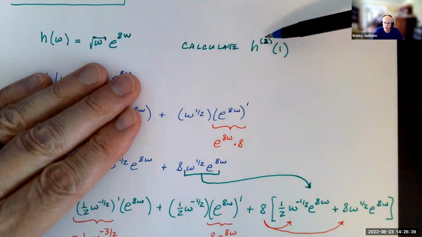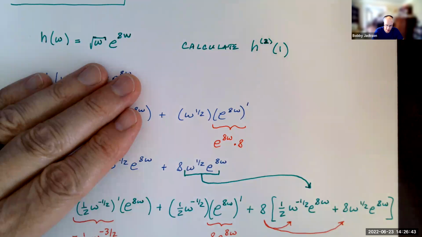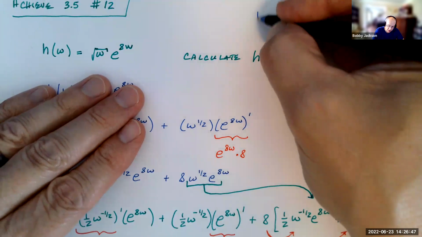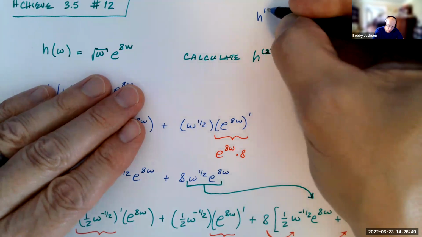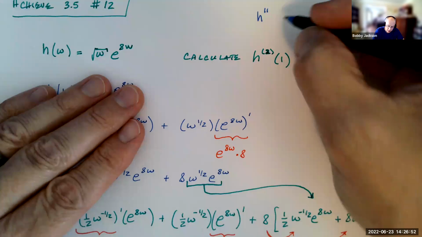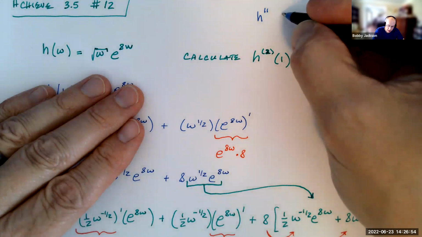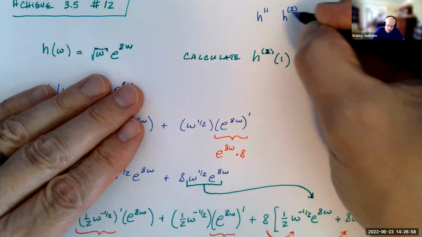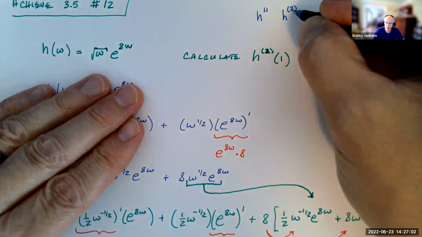So remember, this is notation for the second derivative, right? When you take a derivative of a function, if you're taking the second derivative, you can use the double prime notation as one way, or you can use the number in parentheses. It has to be in parentheses. If it's not in parentheses, then